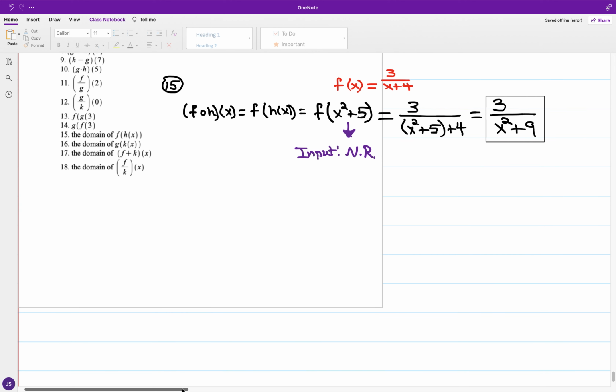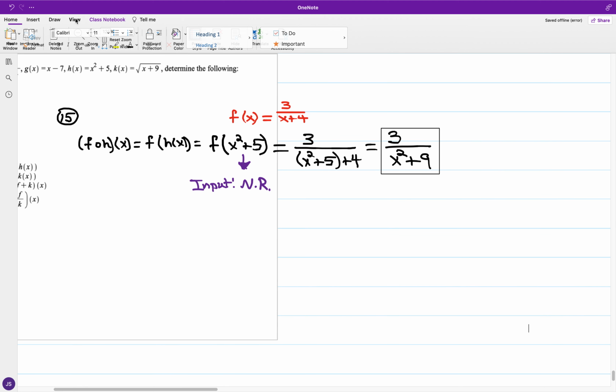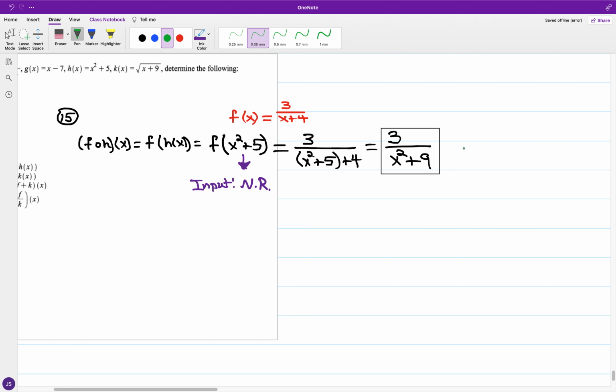the composition of f composed with h of x. Now if we're looking to see if there are any restricted values, we do have a rational expression, and again we're looking at avoiding a zero valued denominator. If I were to keep x squared plus 9 from equaling 0, I cannot factor a sum of squares, so I can just move the 9 over. Say x squared cannot be negative 9, but if I envision the square root property of equality, where I have not equal as opposed to equal, we have that x cannot be plus or minus the square root